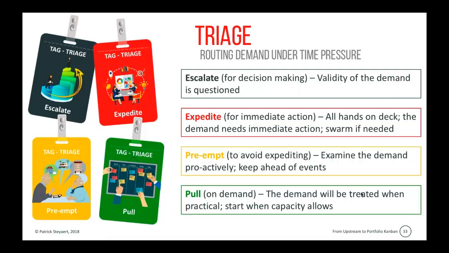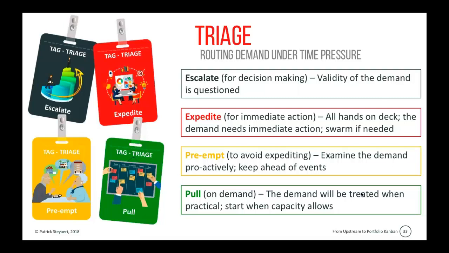Preempt. So this is the type of demand where the customer has a demand and issues the request. And we, as a team, suspect that if we're not careful, the demand might escalate or expedite. So we want to avoid expediting. We suspect that it's an important demand for the customer, but there might be a certain risk involved. There might be a certain complexity involved.